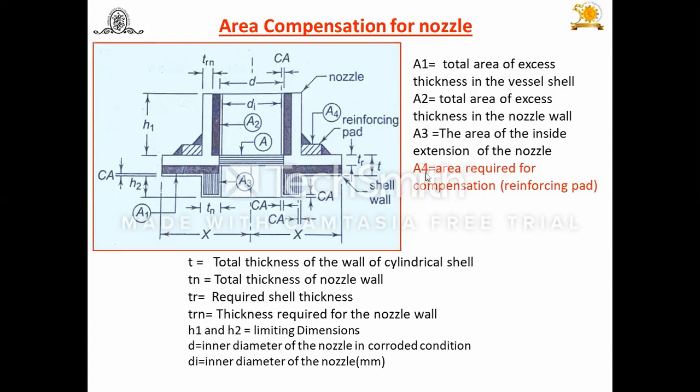And A4 I am not going to elaborate now, because by using these areas A1, A2, A3, we have to check whether these compensating areas are sufficient to take care of the removed area A. If it's not sufficient, then reinforcing pads, extra pads, are added at the vicinity here. A4 is added as an extra. Otherwise, no need to add it. I will explain that later on. This is about the nomenclature. How to design this opening?